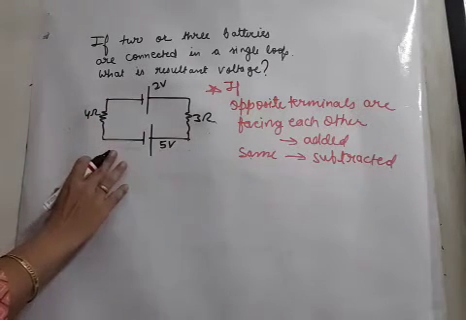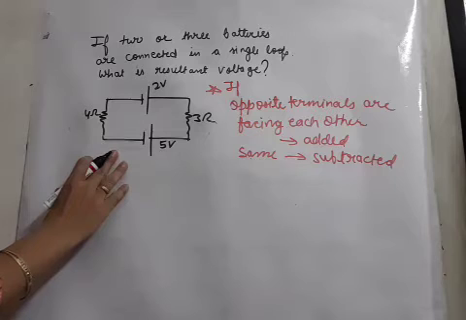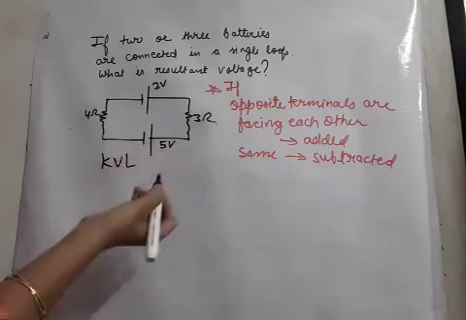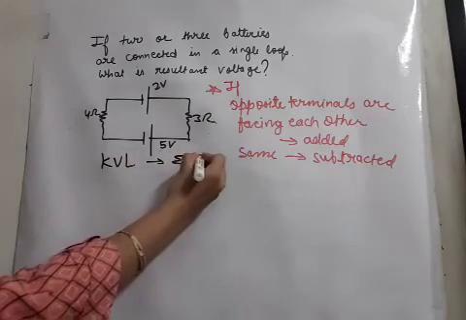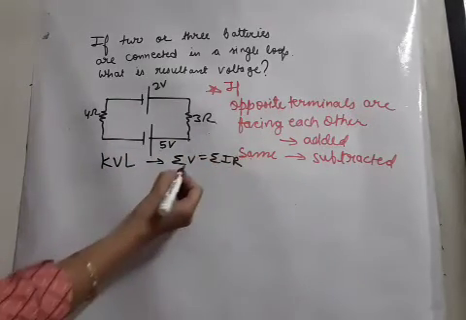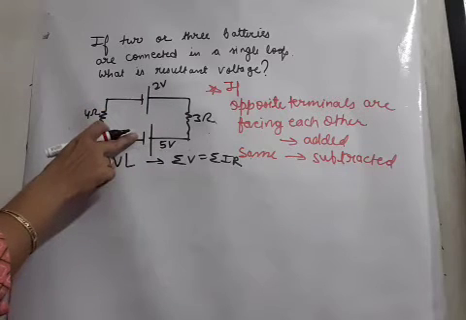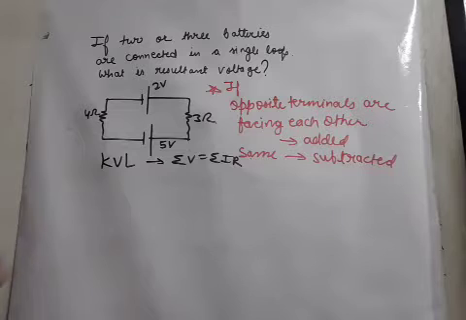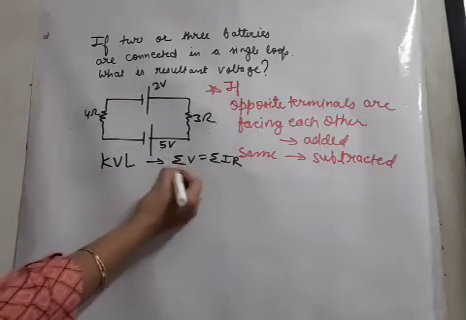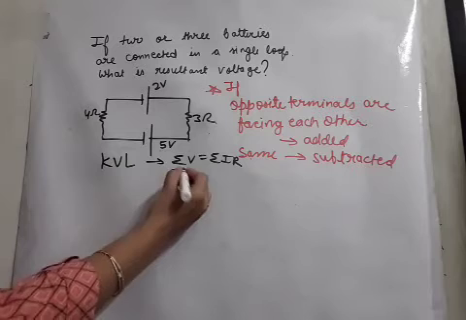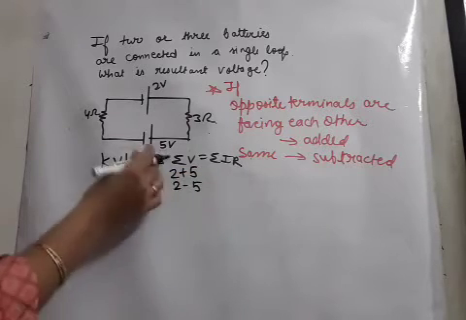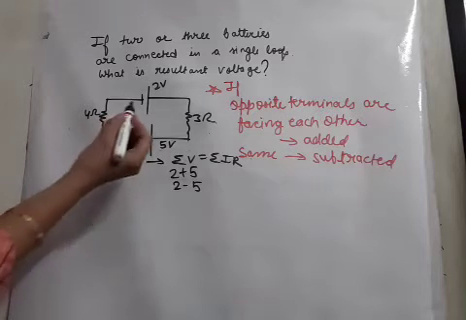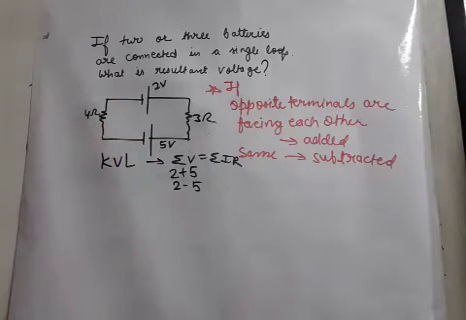Generally, this type of loop is given to us for solving Kirchhoff law circuits. So when we apply the KVL for finding the current, KVL equation means summation V equal to summation IR. So for this loop, there are two batteries given, 2 volt and 5 volt. Now in this KVL equation, that means summation V, what should we write? 2 plus 5 or 2 minus 5 as the battery voltage? That we have to understand here. That means, will the two batteries be added or subtracted?